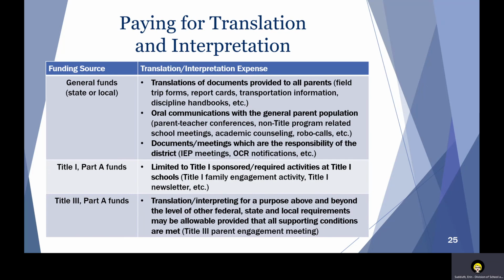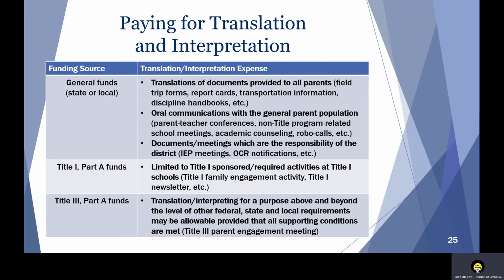Paying for translation and interpretation. The majority of a district's translation and interpretation expenses must be paid for by the district, as communicating with LEP parents is a civil rights obligation. Federal programs such as Title I Part A and Title III can be used to pay for services and activities tied directly to those programs. Some examples: